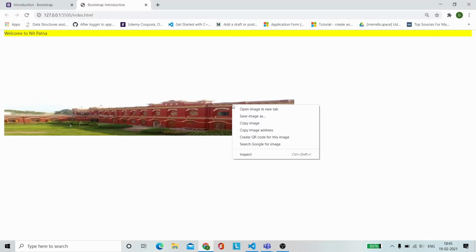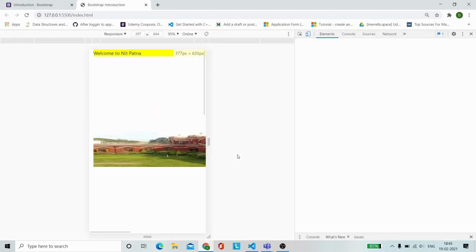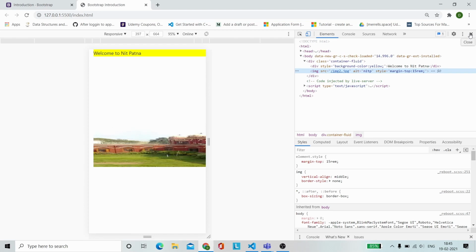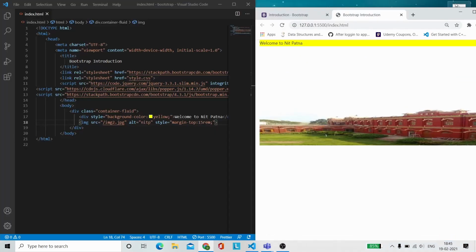If you see it on a big screen, it will be like this, and if you see it on a mobile phone, it's shrunk. No, it is not working right now because I have not included the class which Bootstrap offers to make this image responsive. As you can see, this image is not shrunk according to the mobile screen. So in order to make it appear like that, I have to add the class image responsive. Okay, so I can simply add that class over here.